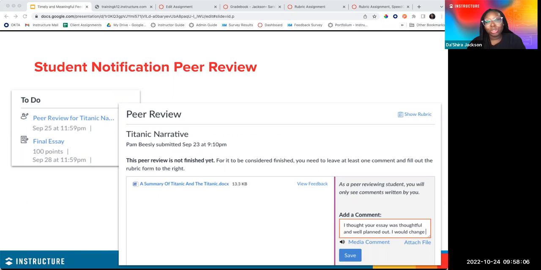The other option is to use maybe a Google form or some type of separate third-party survey tool, like what is it, Qualtrics or something like that, or SurveyMonkey. Those are other options to do it. But right now, we don't have anything natively built in that would get you that with new quizzes.